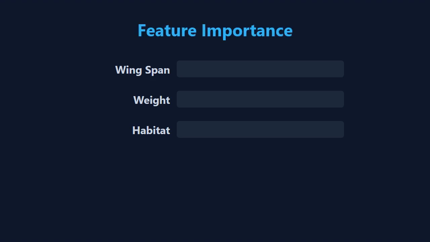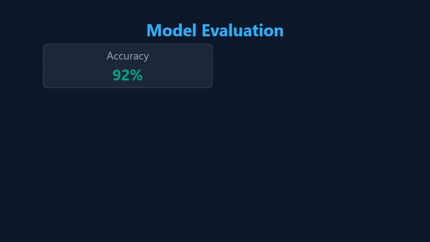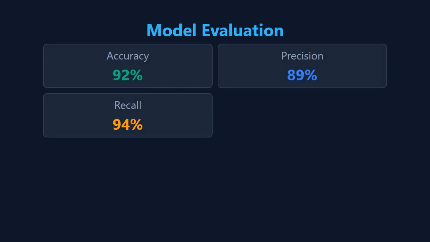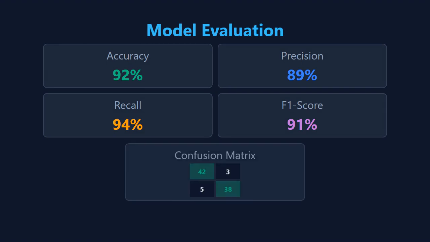A tree can also provide feature importance scores. These values represent the feature's contribution to impurity reduction across the tree. A higher value means the feature contributed more to the learned splits. To evaluate our model, we look at accuracy, precision, recall, F1 score, and a confusion matrix. This is why evaluating on unseen data matters.